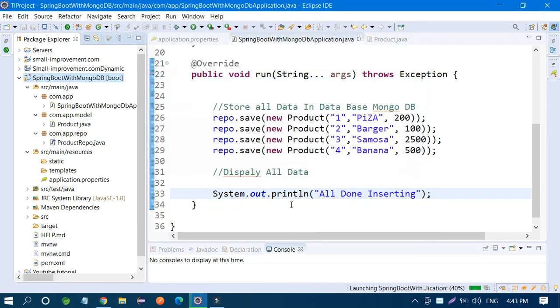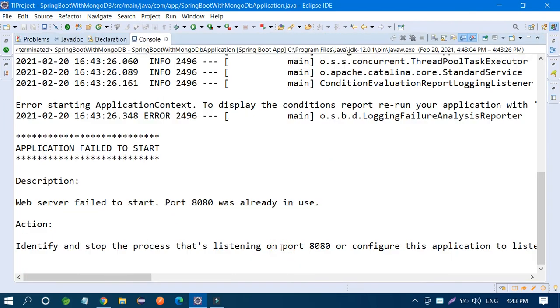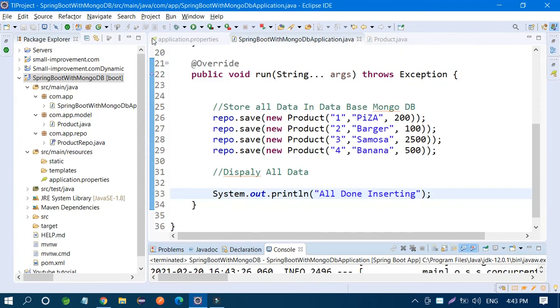Okay, now it's running. Any problem that comes, I will sort out, no problem. Okay, just open it. So it is saying the server failed to start, port 8080 is already used. It's not a big issue, it's a very simple issue.